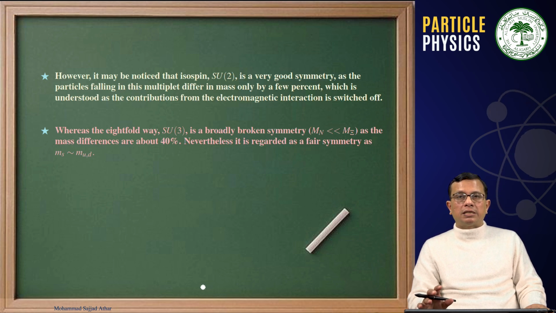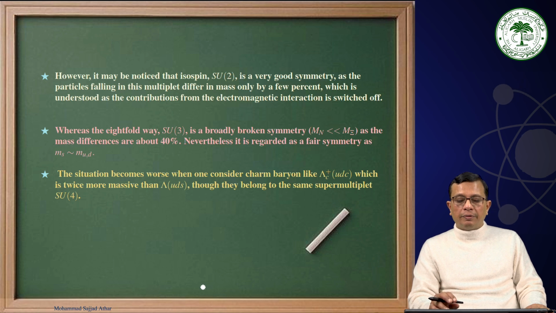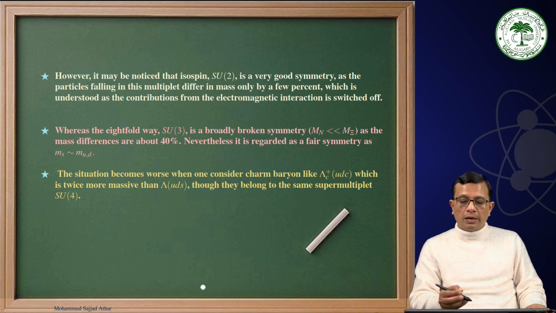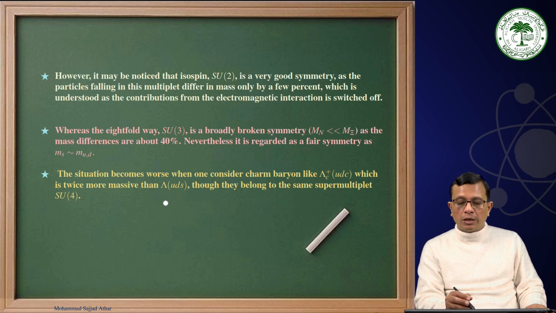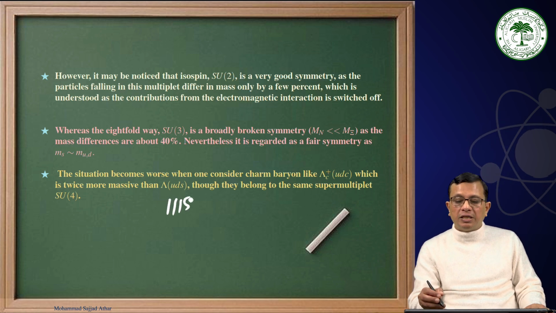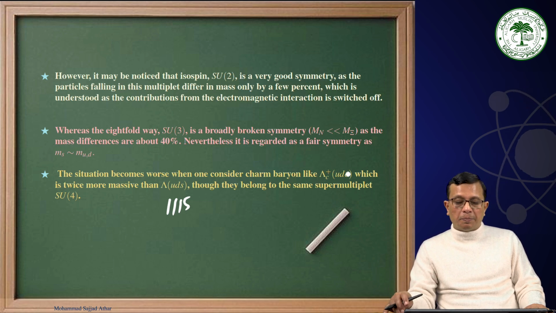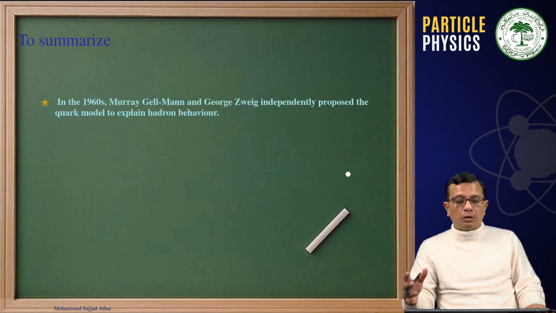Nevertheless, it is regarded as a fair symmetry as the mass of the strange quark is almost the same as the mass of the u and d quarks. The situation becomes worse when one considers charm baryons, which are almost twice as massive as the lambda baryon. Therefore, the charm lambda is twice as massive as this lambda. This mass is 1115 MeV. This is twice of that, and still they belong to the same multiplet. Therefore, this situation was not good, and